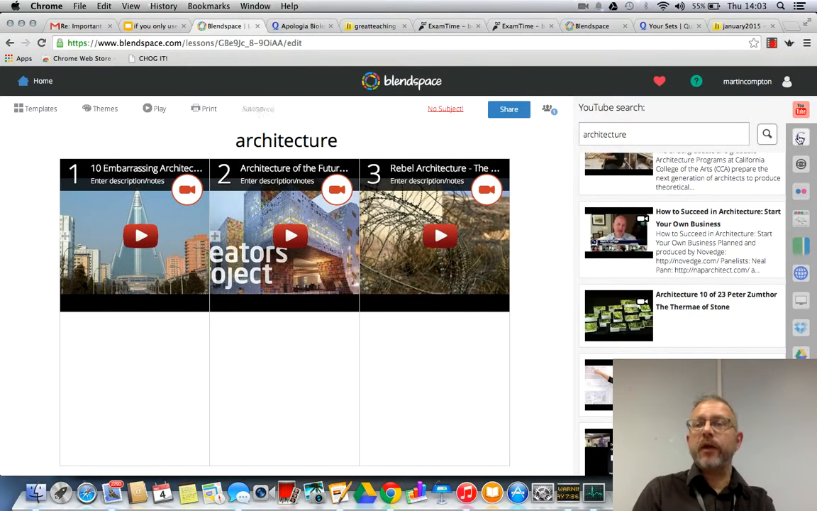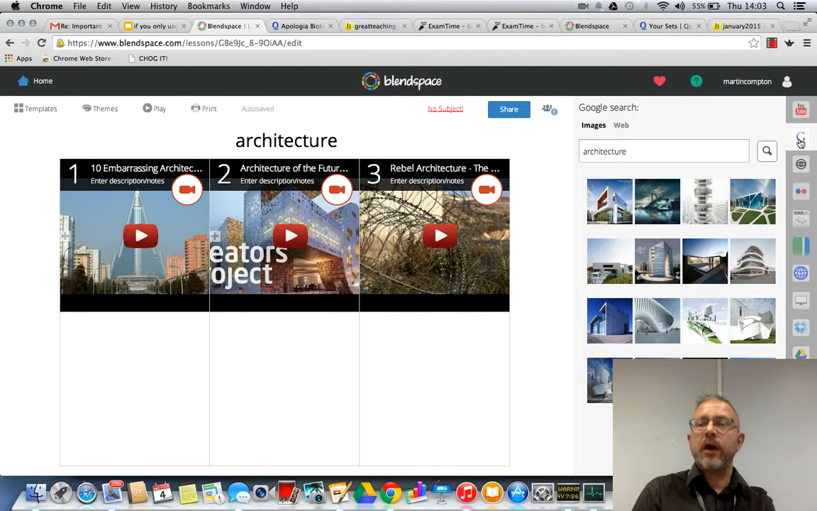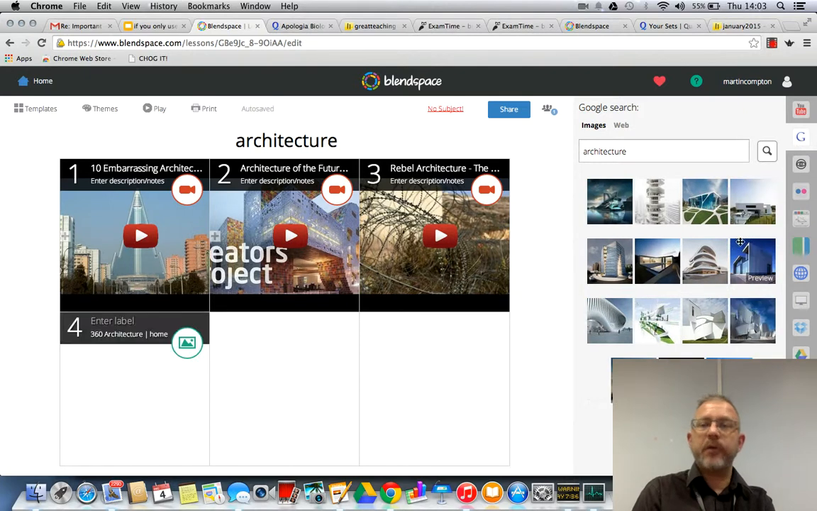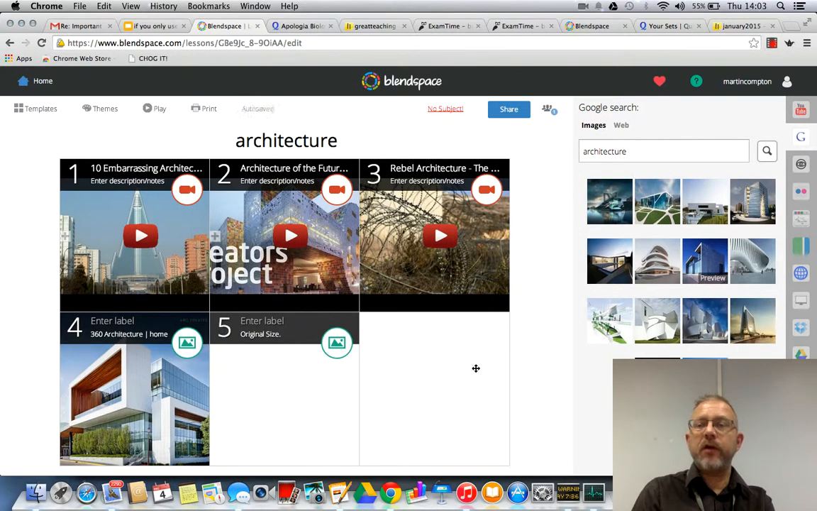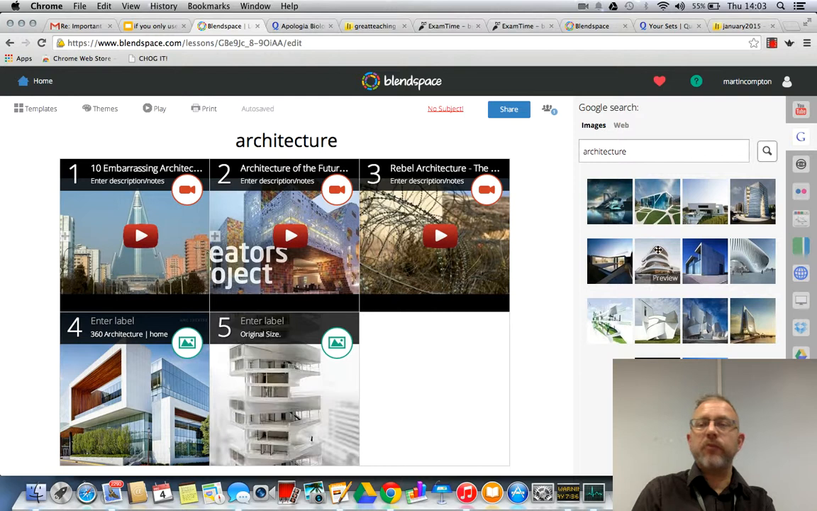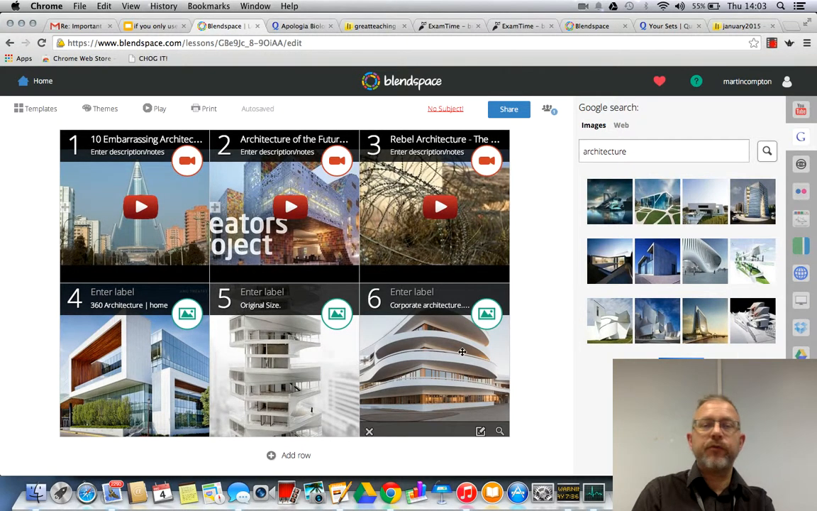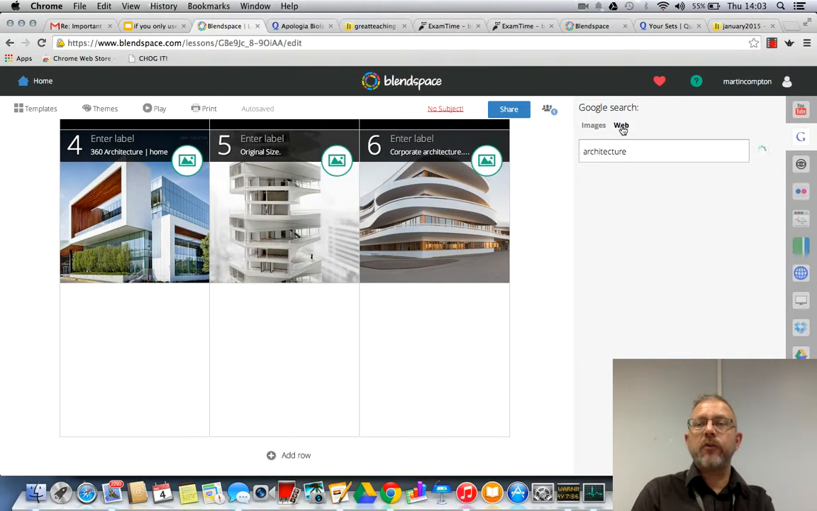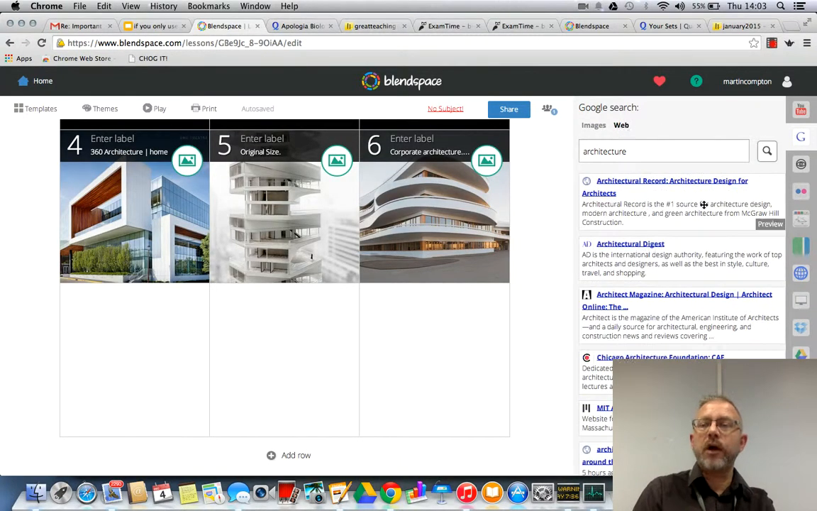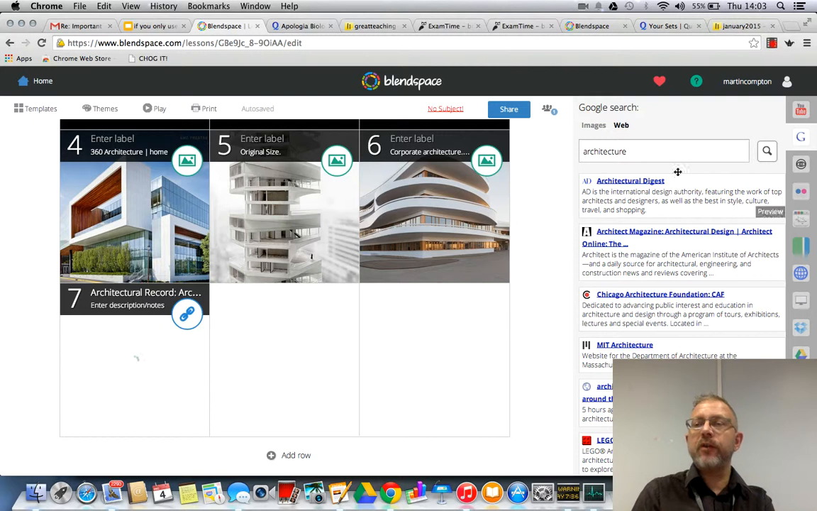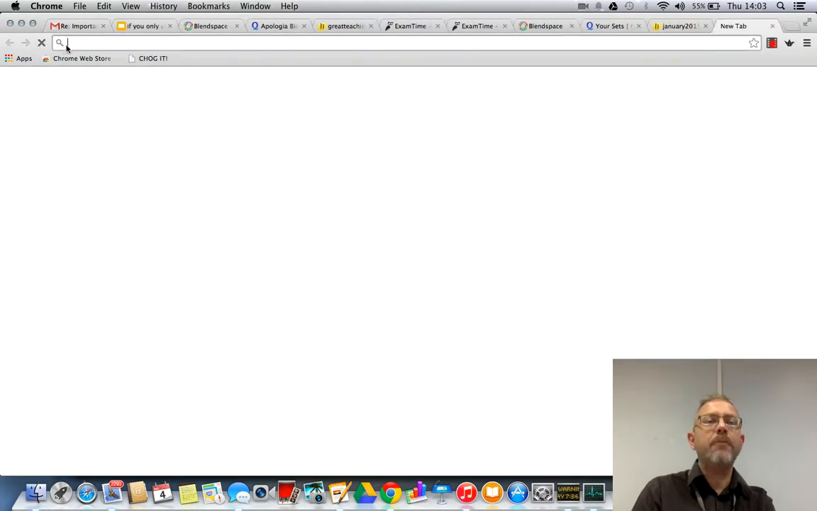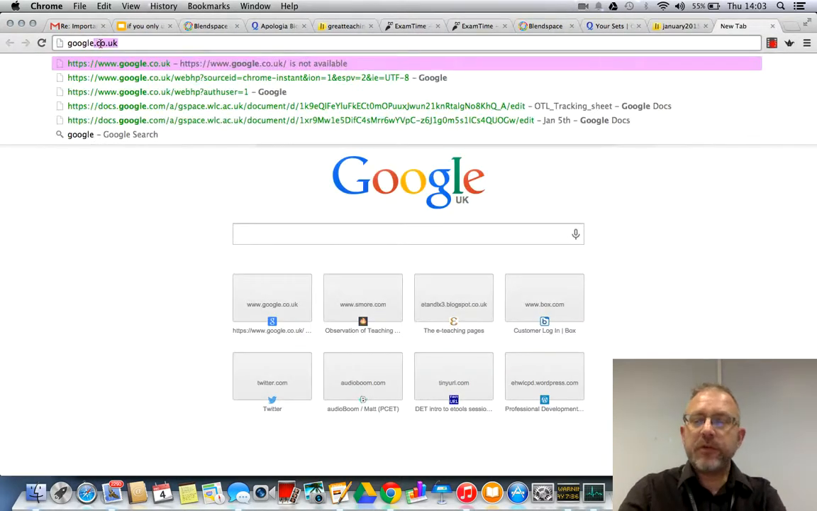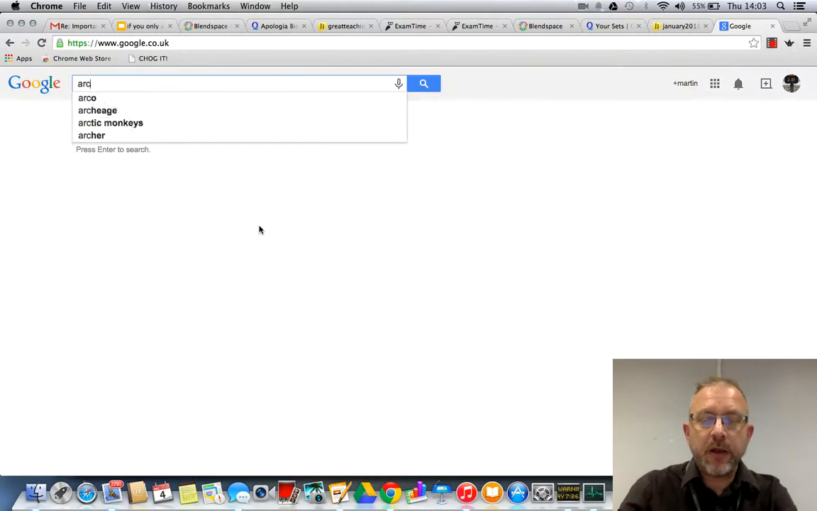It's absolutely brilliant. If I want some images, I click on the next tab and I can bring some images in as well. If I run out of space, I can add new rows and go to the web, do a Google web search and click those things in there. If I've got a specific website that I particularly like or want to put in,